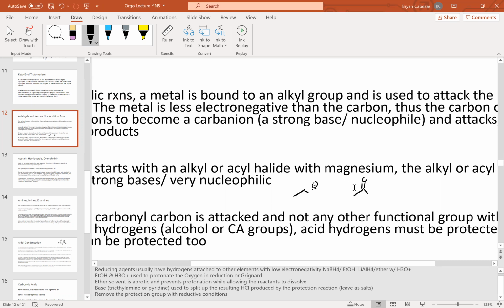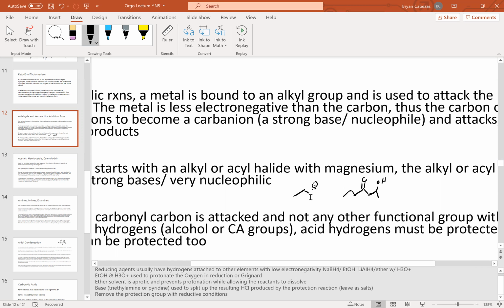However, in order to do that, we need to make sure that there is no acidic hydrogen laying around that can possibly be taken up by this nucleophilic alkyl group. Remember, if we have an alcohol group and we have this very strong carbanion, aka our nucleophile, and that nucleophile had the choice between the electrophilic carbon or this alcohol's hydrogen, it is going to choose